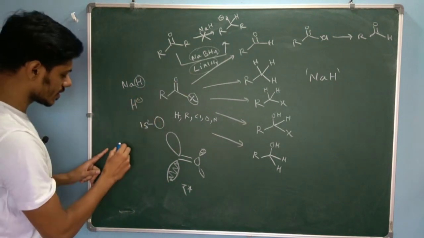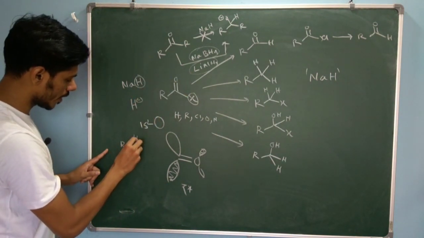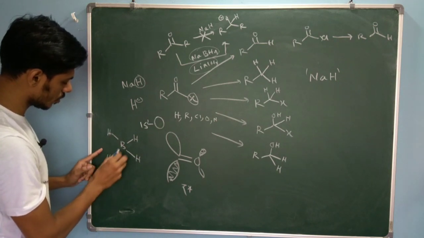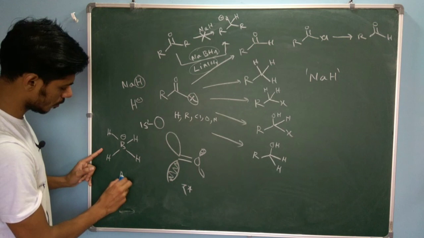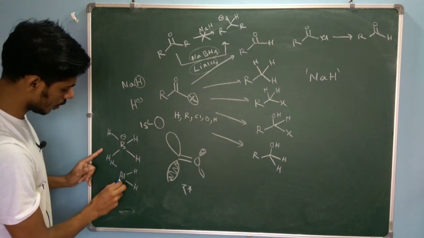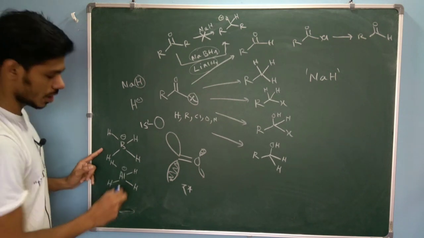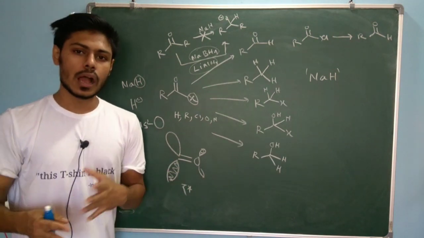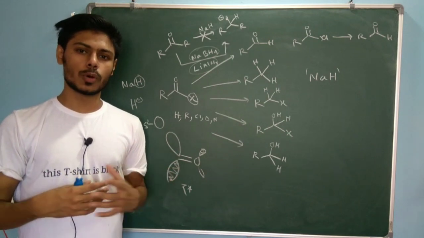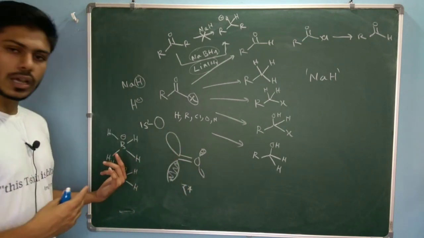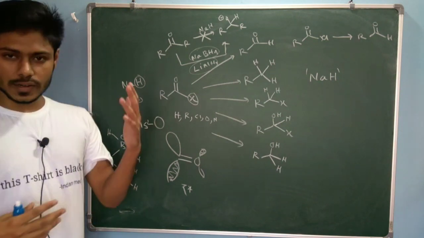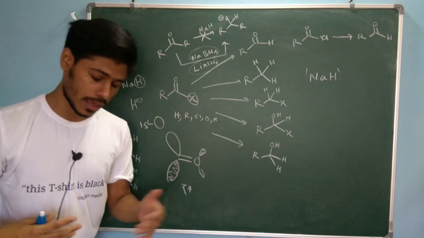But if you consider these hydrides, the borohydride species, the structure of this borohydride is like this: B minus. Or in the case of aluminium hydride, it is the tetra-coordinated aluminium, where the aluminium contains a negative charge, because we know that the neutral valency of aluminium or boron is 3, so that's why it is minus.